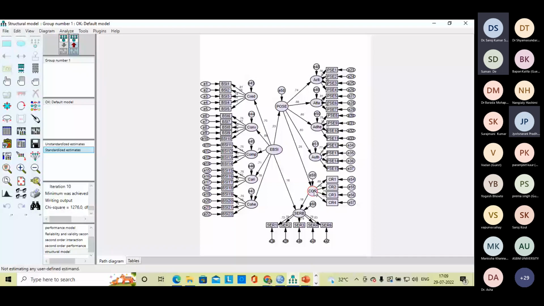For that purpose, I have explained now. So indirectly, EBSI has an impact on ACRB through the mediation of POSC and COR. Directly, EBSI also has an impact on ACRB. So what is the direct impact? Look at the red highlighted arrow mark. The direct impact is also 18% because the standardized regression weight is